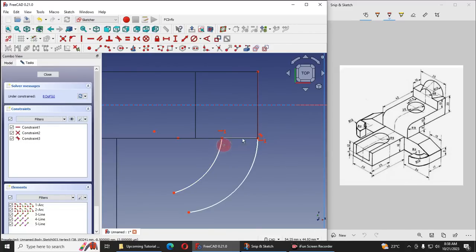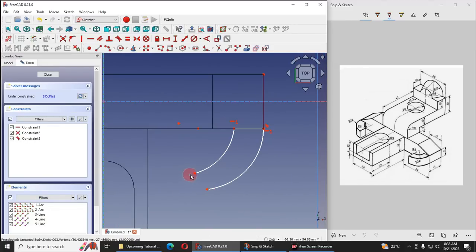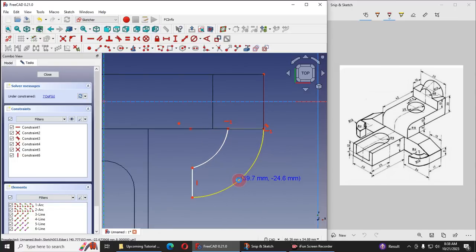and now we will connect these two arc end points with the line. I will select the line and I will join this, and I will make it vertical. Now these two centers must be concentric. So what we will do, we will first constrain the outer one with R13,